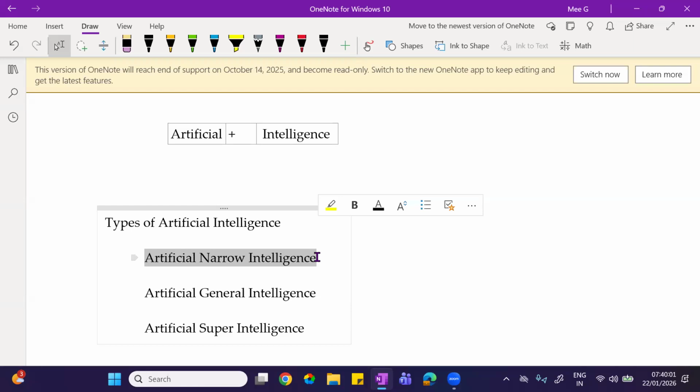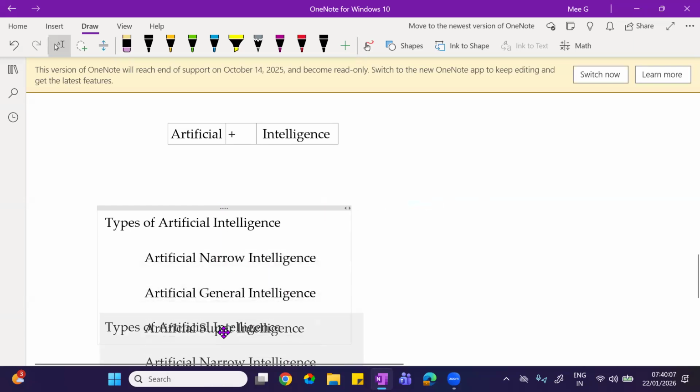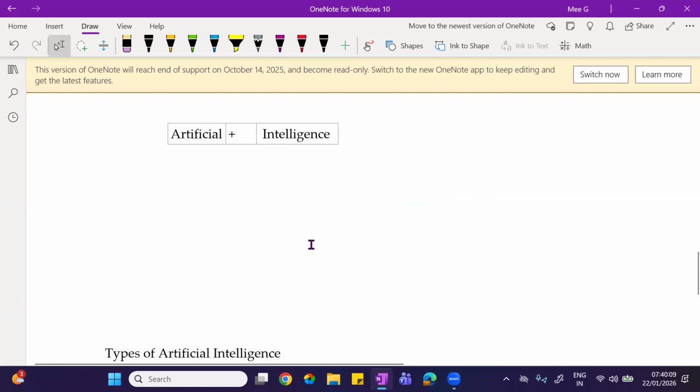Now before going deeper into this, I will quickly add a definition. What is artificial intelligence? As I was repeatedly saying, I'm just documenting it.